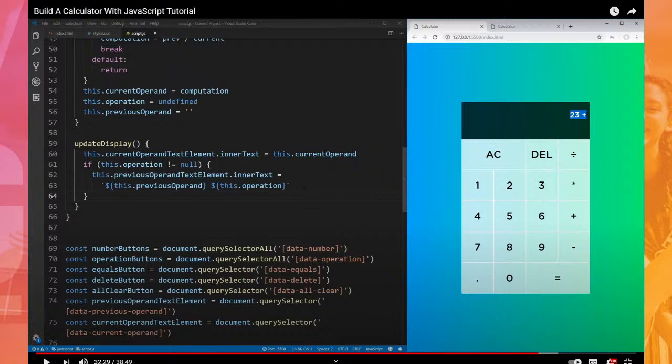Does anybody remember the little $ thing with the curly braces? We talked about that very briefly in C# last semester, very briefly. It's similar to the format strings in Python, right? Basically what that is saying is